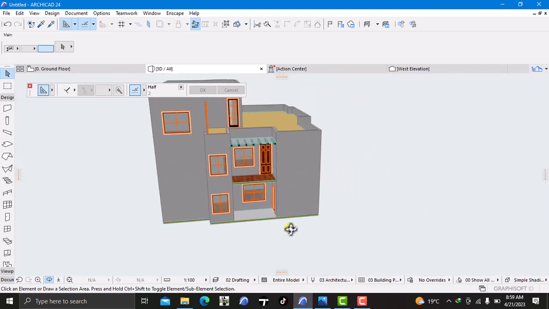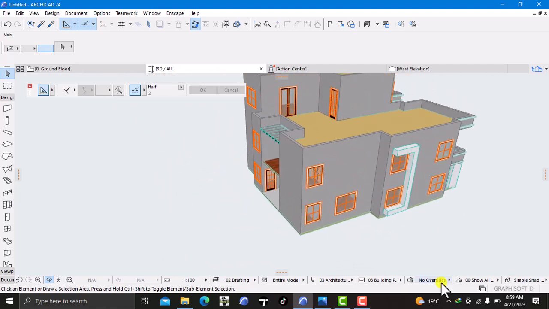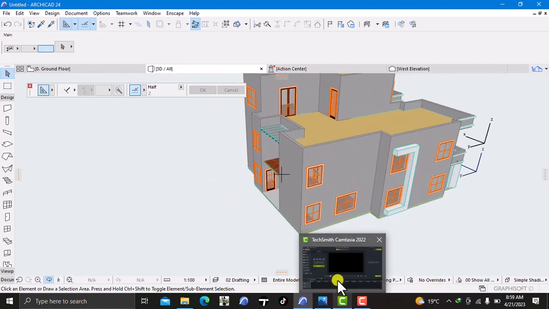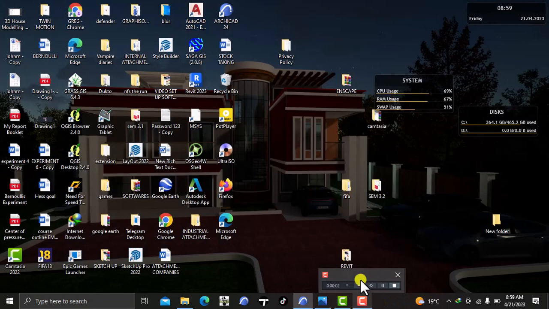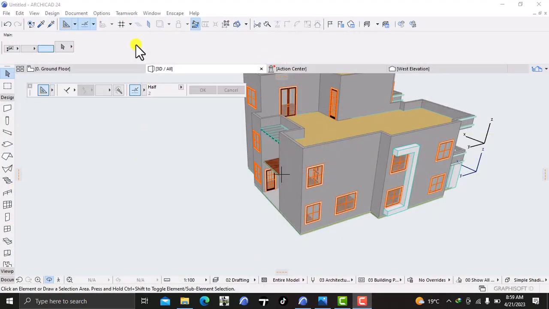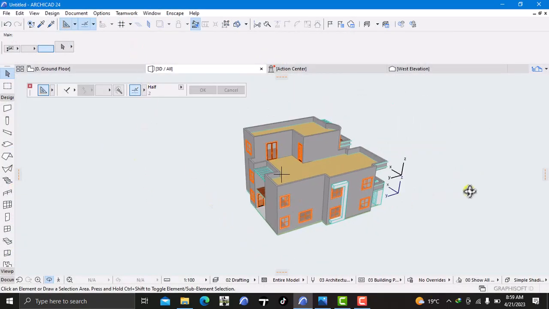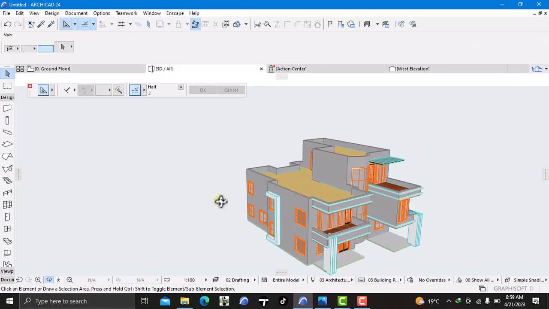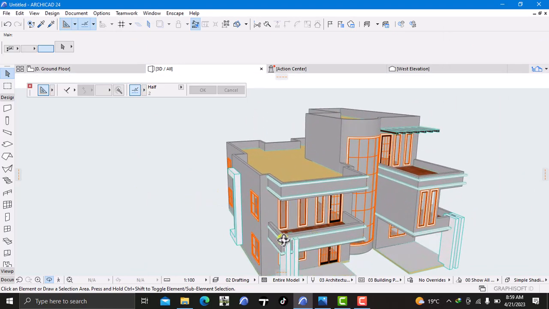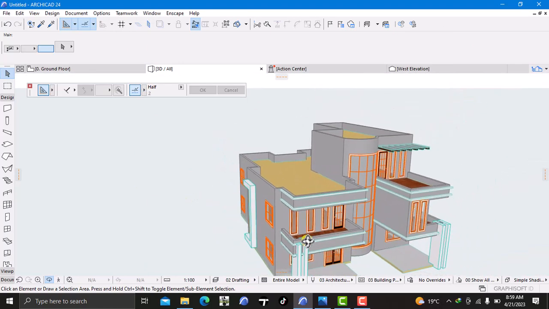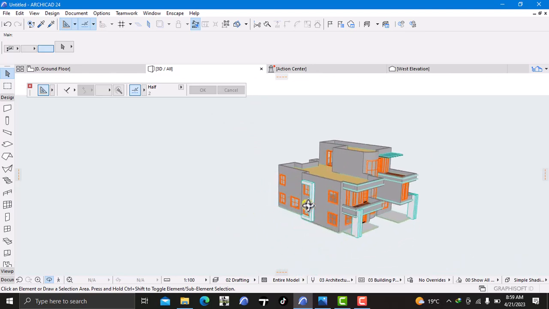Don't think there's any other one that I can do. Let's see how long the video is taking. So it's 22. I think for the next 8 minutes I can do something else. So let me do the railings of this balcony, the same railing that we have for this other